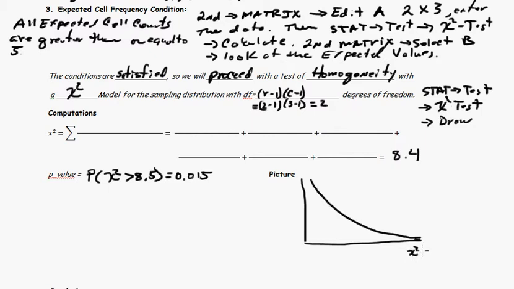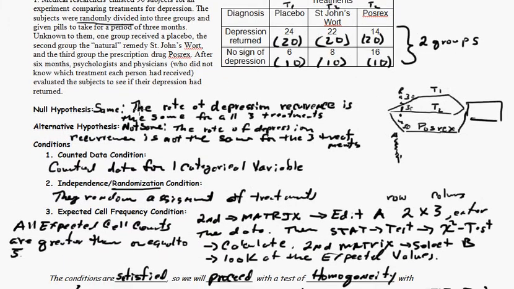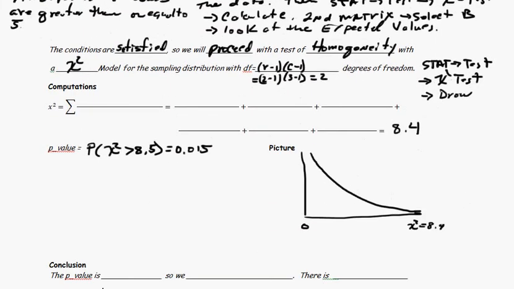So our chi-squared value is 8.4. Here is 0. We're a long ways away from 0, a long ways away from the hypothesized value. Essentially, when we said they're the same, we don't use a parameter, but we're sort of suggesting that the value is 0. So as a minimum, you have to write the formula